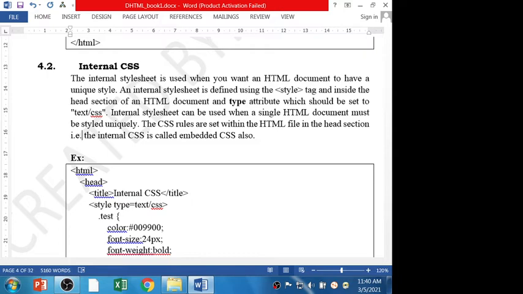But within the HTML tag, I mean in the body tag, if you try to write a comment, that will not work, because in HTML the comment syntax is different. For an HTML comment, you have to open the angular bracket.